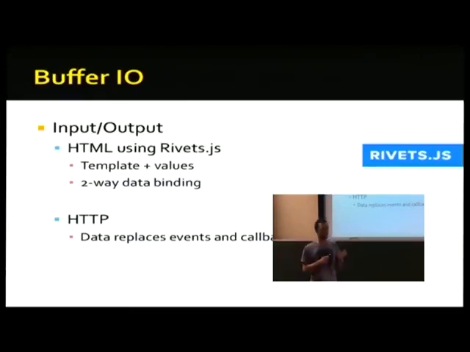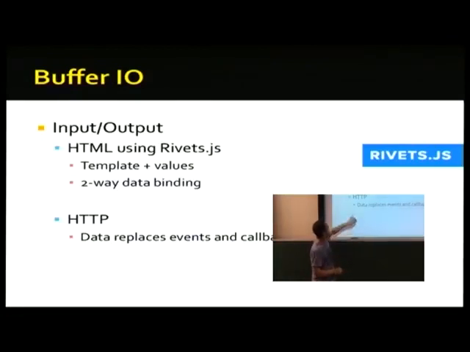Basically it has all the elements, and it keeps track of the fact that someone changed the data in a particular text field or checked off a checkbox, and it updates memory somewhere to do that, or it tells you through some kind of event. And we do a similar thing. We use Rivets to say, here's a template, a bunch of HTML I want you to draw on the screen. Here is the bunch of values that I want you to use. So it's going to fill in the text boxes and check off the radio buttons and whatever. And then it alerts us whenever something's changed, and so then we can update it on the next cycle.